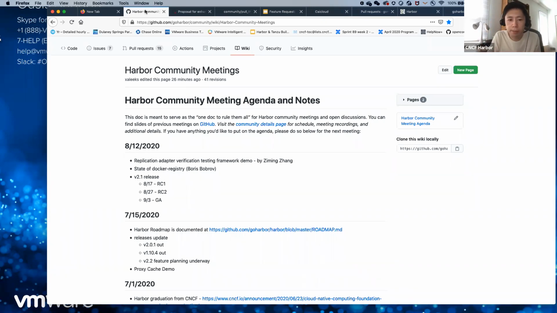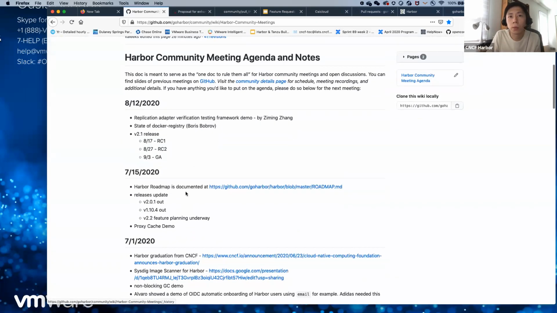So the proposal is almost merged, and we actually had to delay the 2.1 release because we had to work with TiCloud to get the code in. So I think either on the next meeting or the one after, I'll be able to demo what that looks like, or talk in more detail about what kind of things they're hosting, what kind of problems they're actually solving with this collaboration. But it's pretty exciting that Harbor is being used for machine learning type of scenarios.